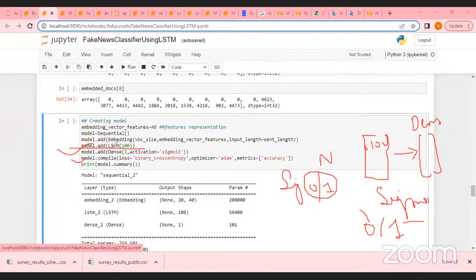And then model.compile, where I am trying to understand what kind of loss function I am taking: binary cross entropy, because this is a binary classification. If this would have been a multi-class classification,